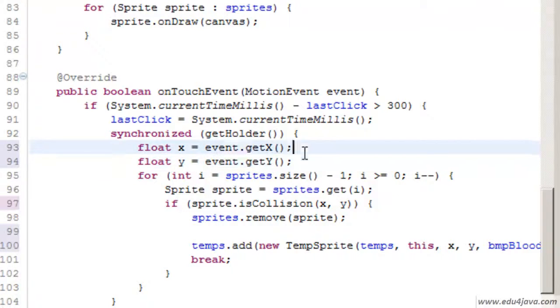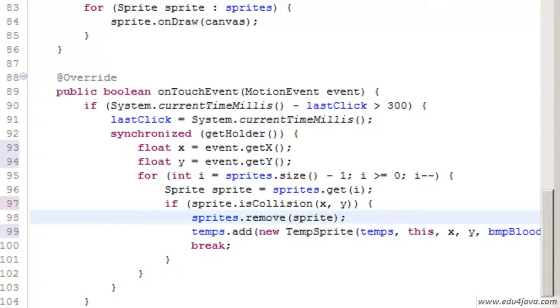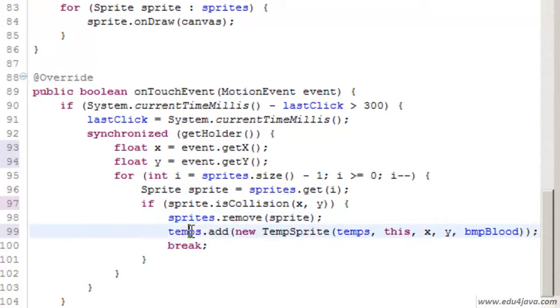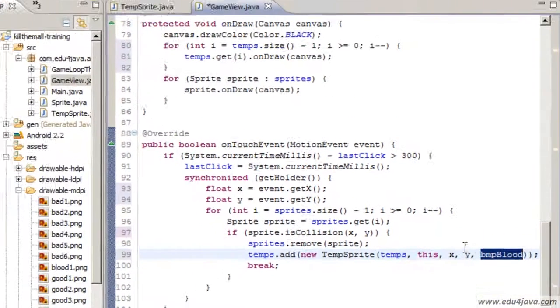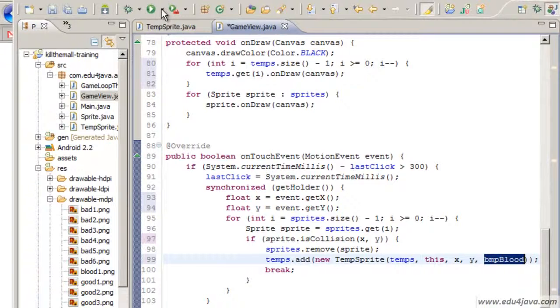Okay, there they are. The X of the event is saved here in this local variable, and the same for Y. If there is collision, I remove the sprite, and in the same point I add a new sprite temp. Send it to the constructor's parameters: the list of temporary sprites, a pointer to game, X and Y, which is the X and Y where we make click, and the BMP blood which we created at the beginning. If we run the program,